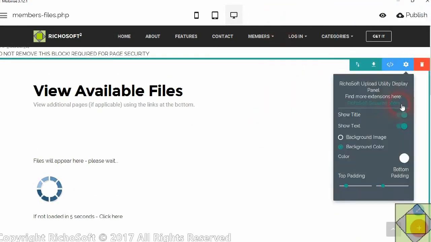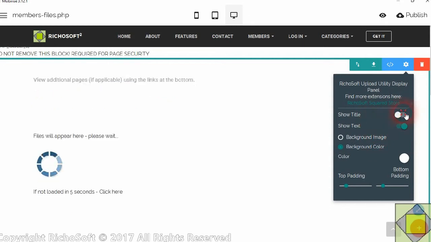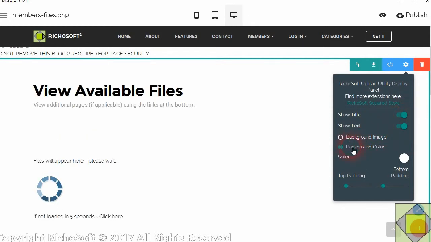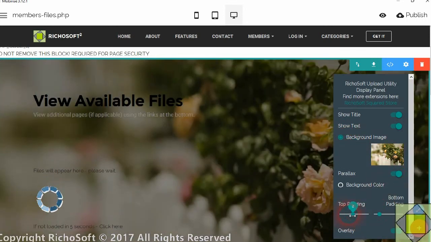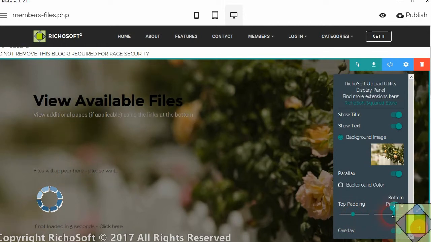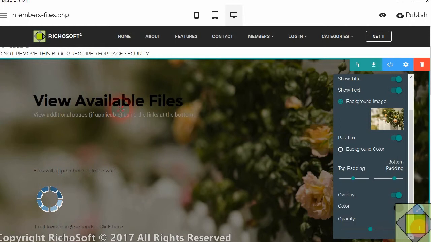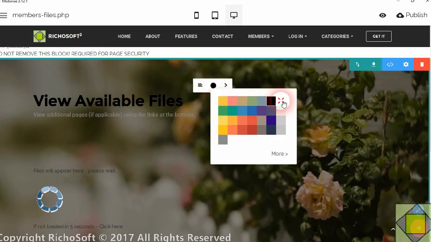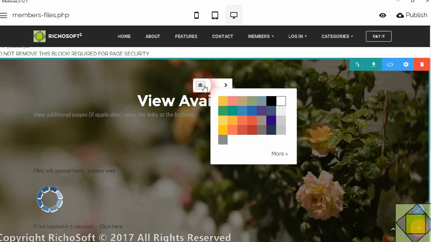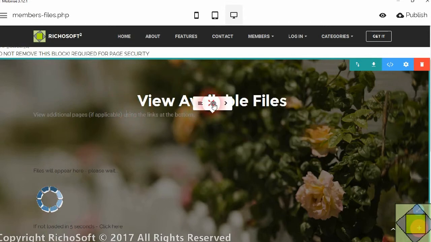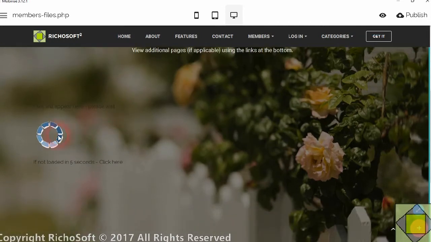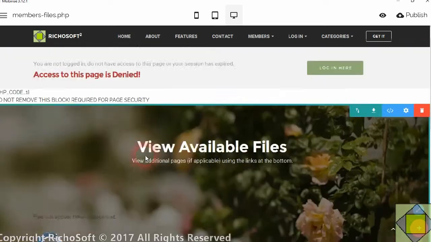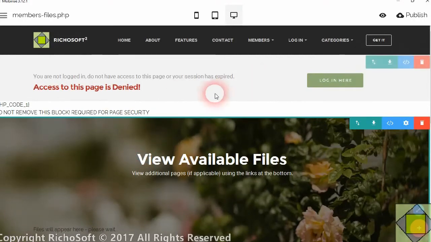Okay, so now once again we can configure, we can show title or text, and we can have the background image again, parallax, we can set the top padding and the bottom padding. We're going to keep the overlay. Okay, so then we would make this again the same, in the center. Okay, so don't worry about that showing there at the moment, because that will only show when the page is loading. Okay, so now we've set up the page, so the whole thing is now set up,